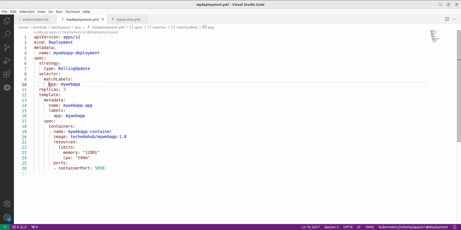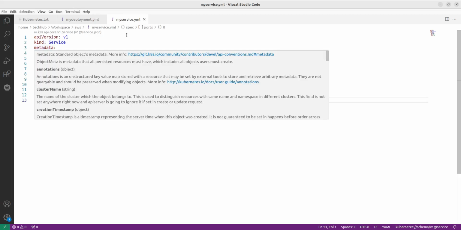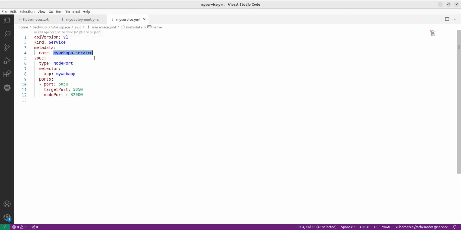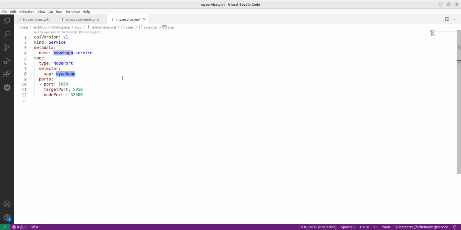Match label, app my web app. Inside the template, pod definitions like container name, we have seen thoroughly in our last session. Fine, and this is the service, which is important. In the service, you see the service name, service type, which is node port service, app my web app, and these are the ports used. So what we need to do is copy these 2 files into our